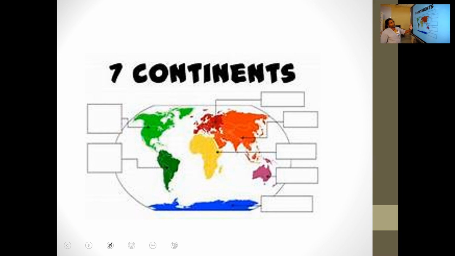Now, here a picture of the world map is there. Here we have to mark the name of the continents. Okay, how many continents are there? 7 continents. Okay, let's write its name one by one. From largest to smallest, first one, Asia. Second one, Africa. Then, third one,